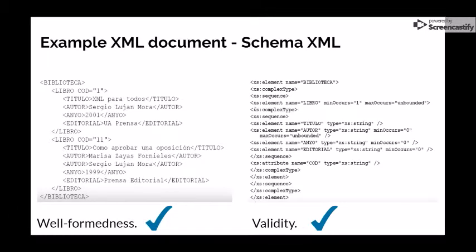It is used to define the namespace declared. The element biblioteca is of complex type because it contains attributes and elements. The element sequence defines a sequence order that has to be followed. The element libro can occur once or